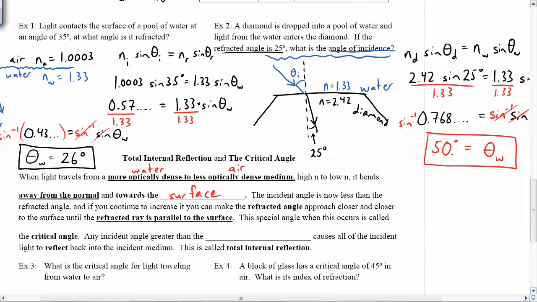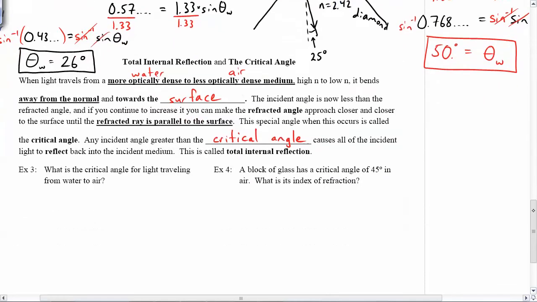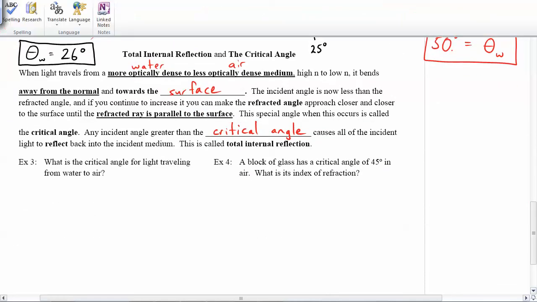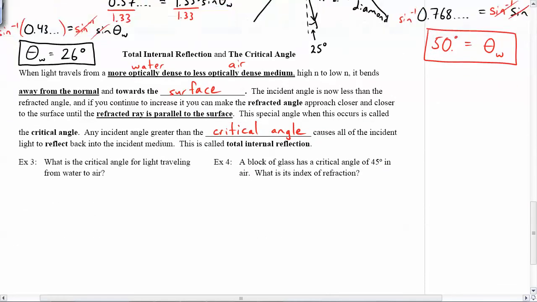Any incident angle greater than the critical angle causes all of the incident light to reflect back into the incident medium. This is called total internal reflection. So this is what happens when you're starting in the more dense medium. So in this case, if we took a flashlight underwater and we shone light from under the water,